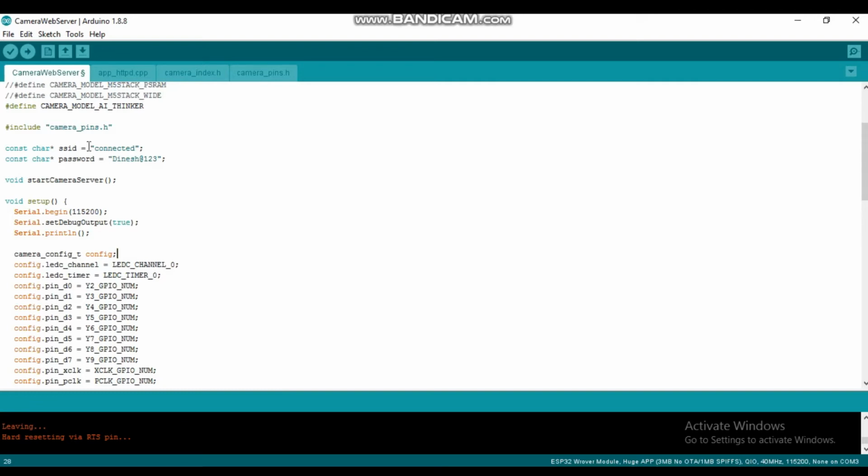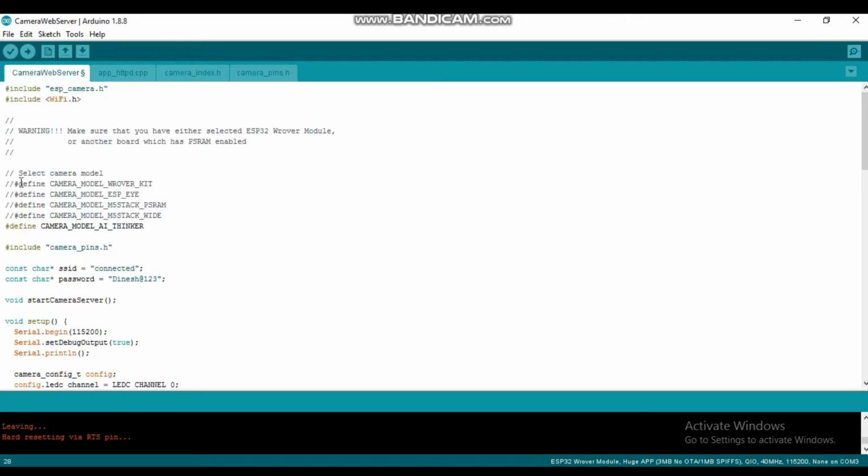Then you have to change the camera model. Whatever the name of your board is, uncomment it, just like I have uncommented the camera model AI Thinker, so that it can work well.